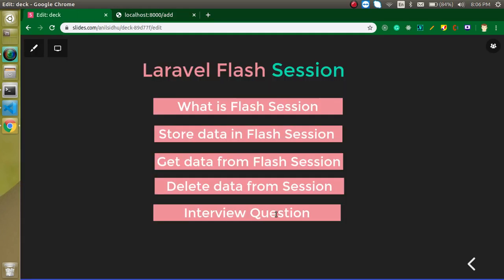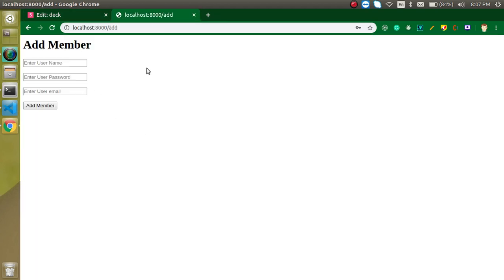Now it's time to answer a question. So can we use the flash session 2 times? Like we will add some function, we will add some parameter, and we can keep this flash session for 2 or 3 refreshes, right? So how can we do it? Please, if you know that, you can tell me in the comment box and attempt this question also.